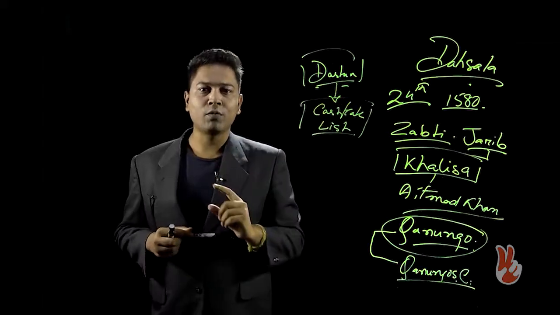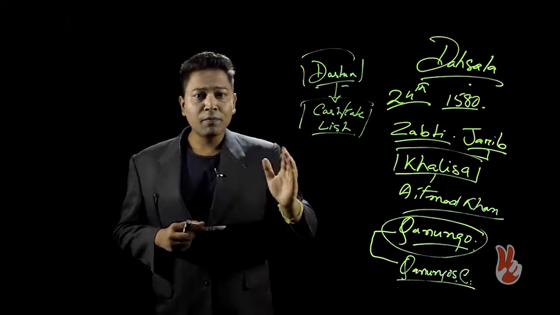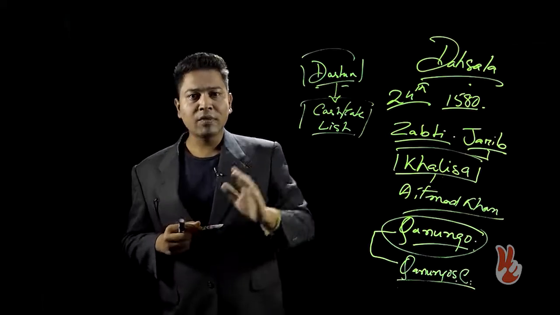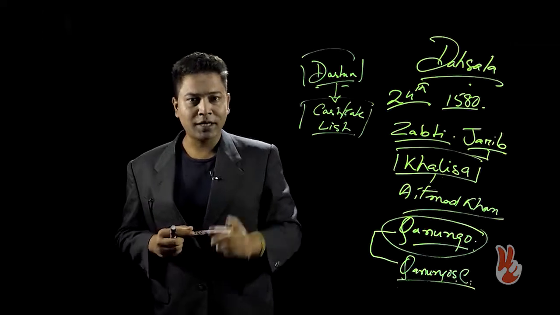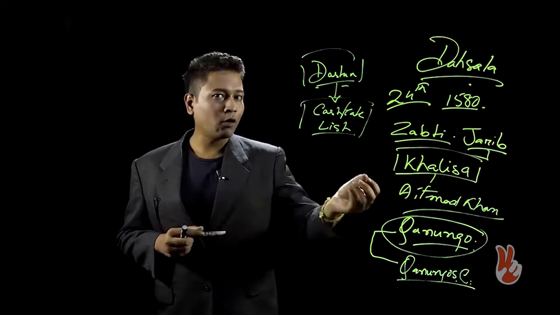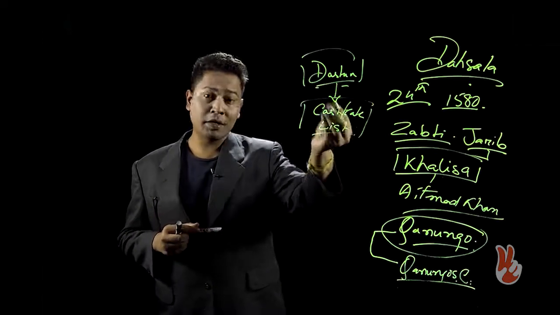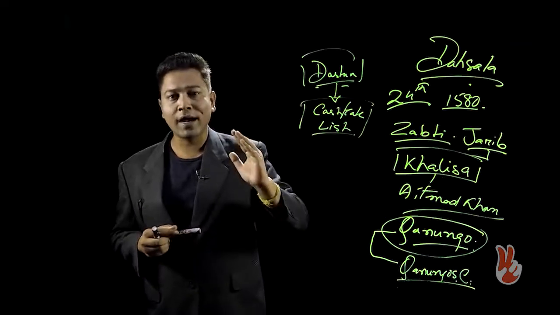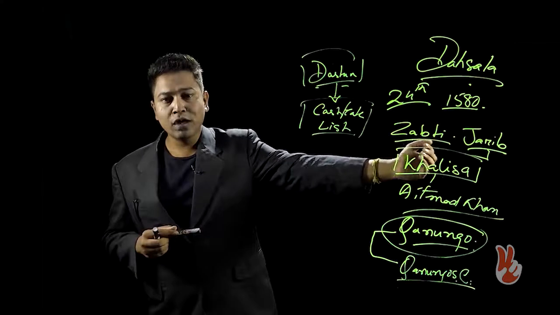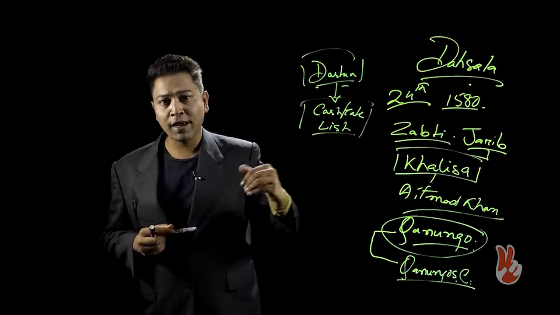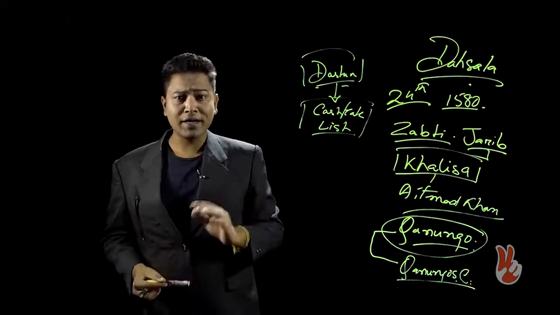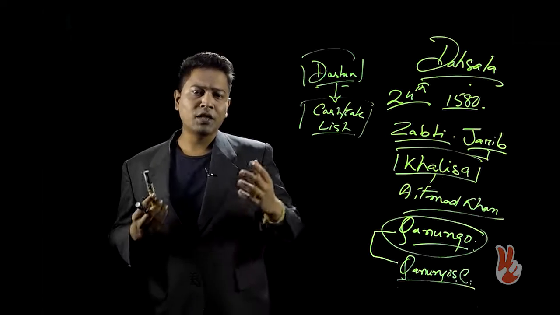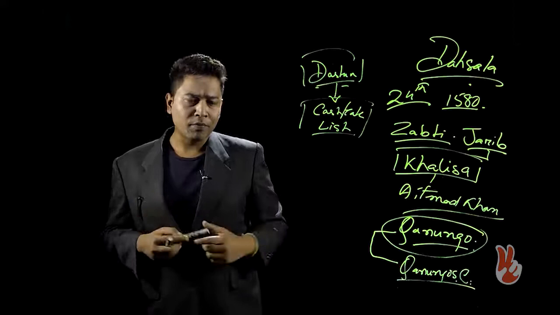Now there was a problem with this. What happened is that people who are living in the countryside will have to pay revenue at the same rate which is prevalent in the center, and the center being an urbanized area, the prices used to be always high, and therefore the cash rate, the conversion rate also used to be very high. So now the people who are living in the rural areas, they will have to pay at those high rates. So there was unrest among the rural peasantry, and there was a need to tackle this problem, and therefore